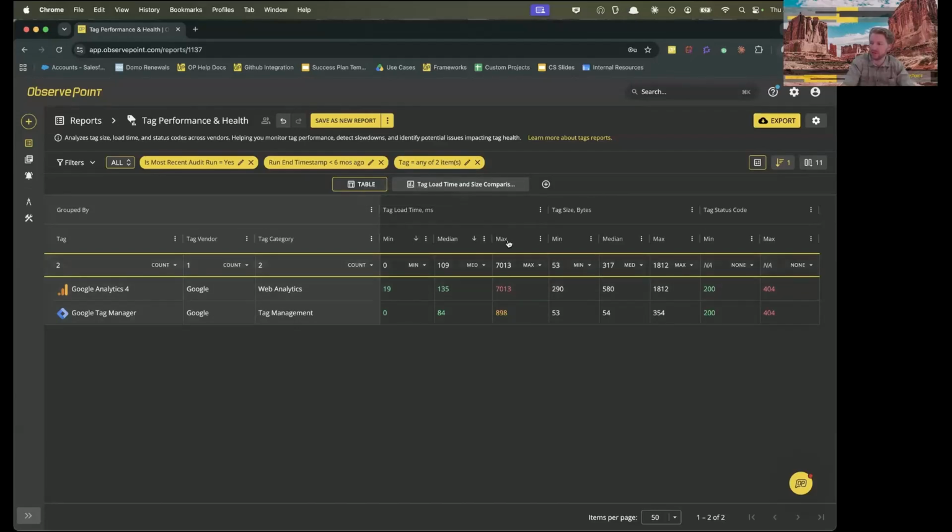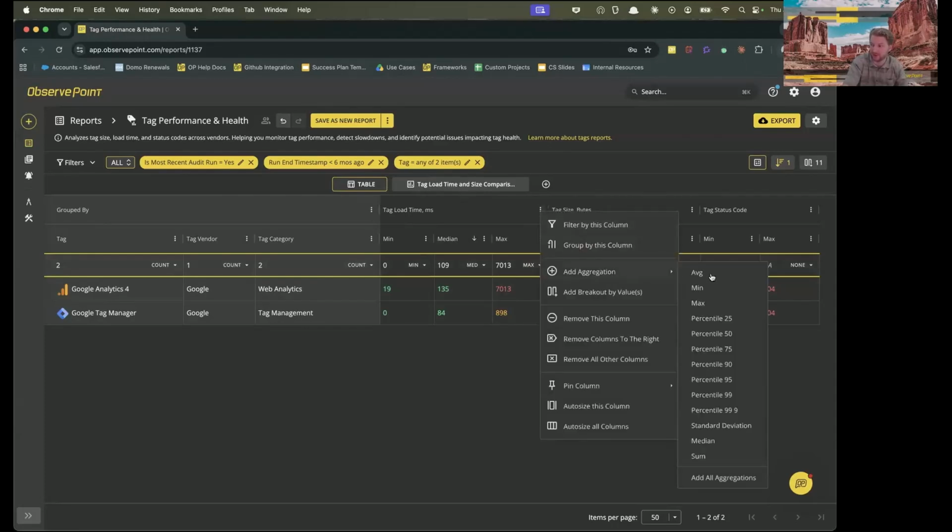And we have these nice aggregations that are already built in here. We got a min, median, and max, but we actually have more aggregations to choose from, a lot here. But I'm actually going to